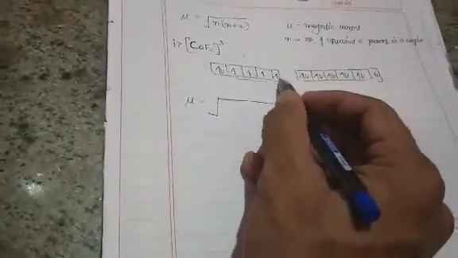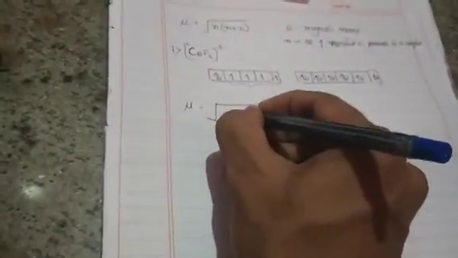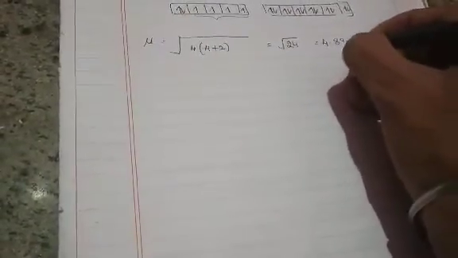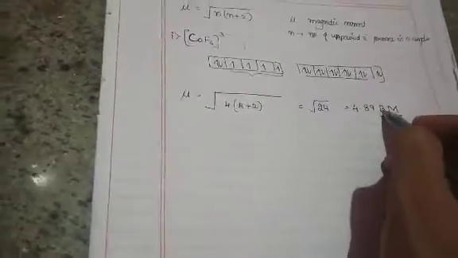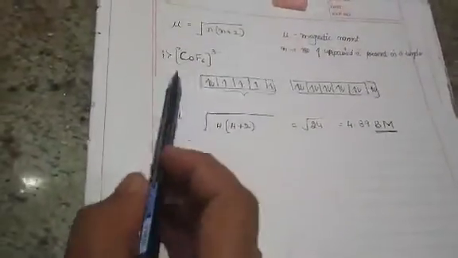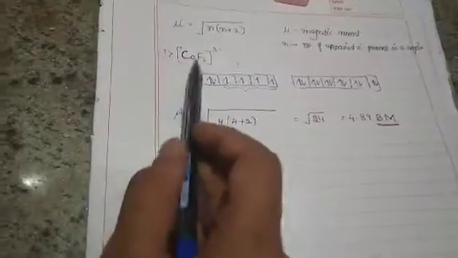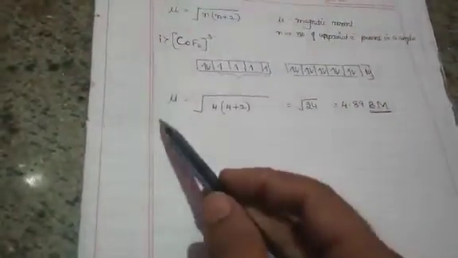How many unpaired electrons are there? 1, 2, 3, 4. So 4 into 4 plus 2, and you are going to get root of 24. Root of 24 is equal to 4.89. Remember, the unit of the magnetic moment is BM, which is called Bohr magneton. So for the CoF6 3 minus complex, we get the magnetic moment value as